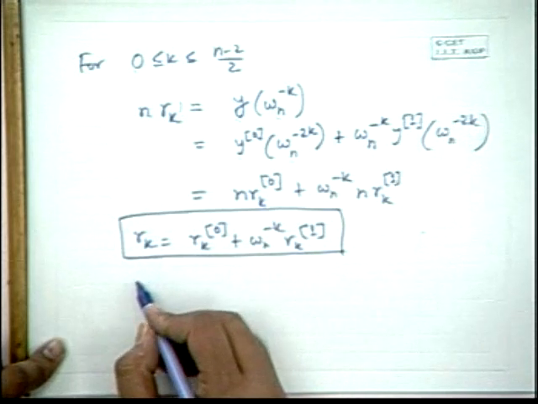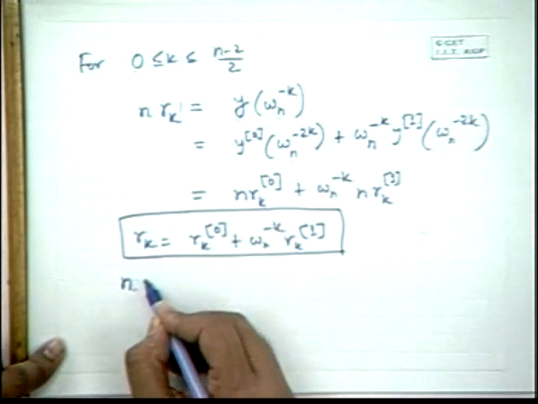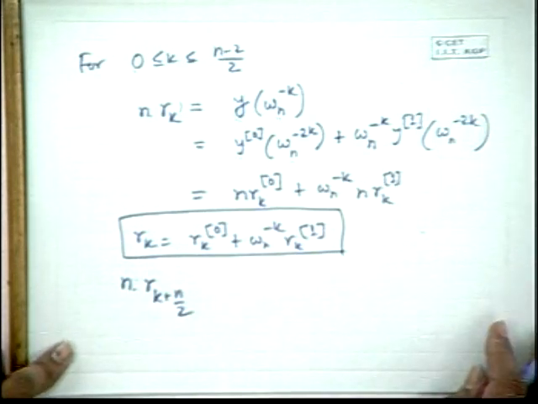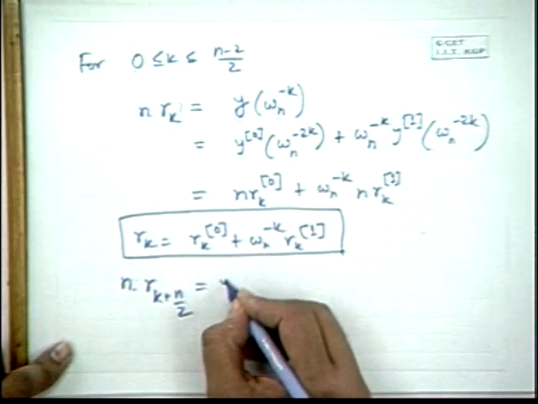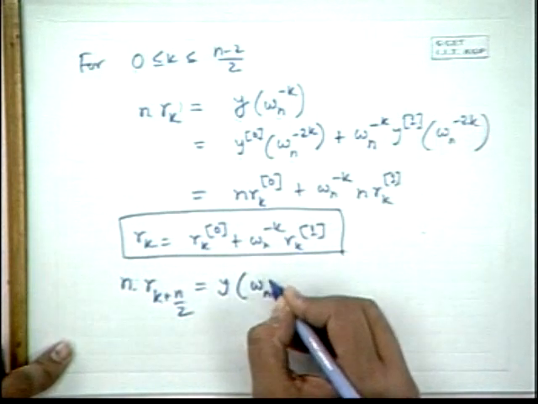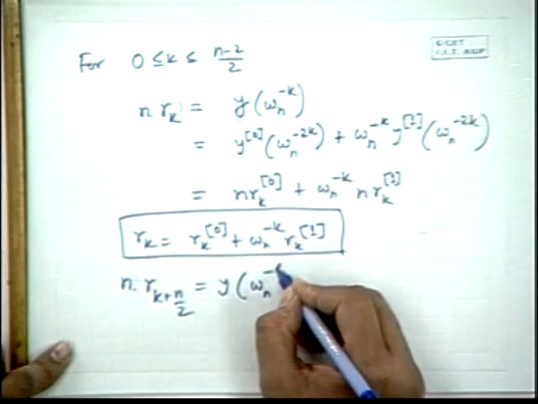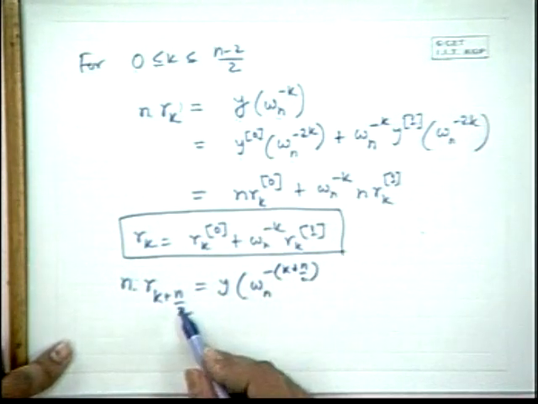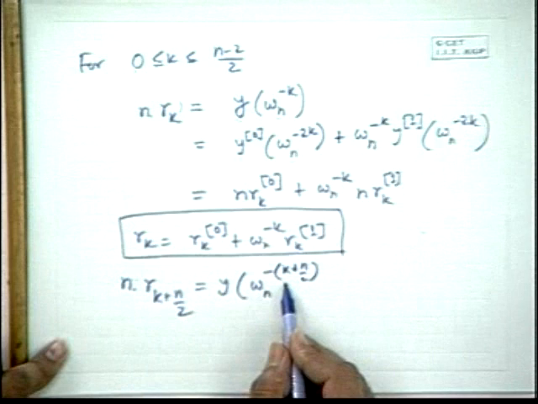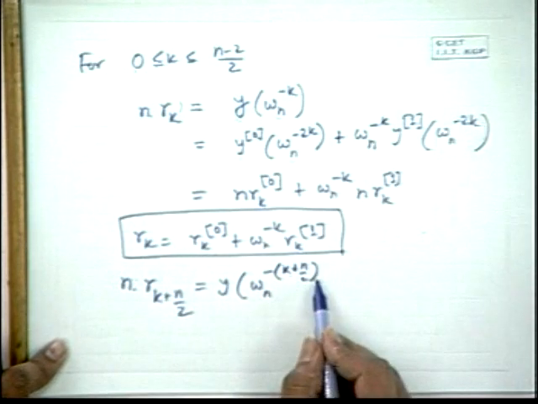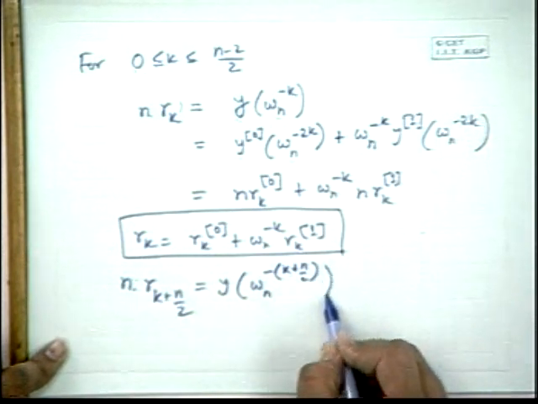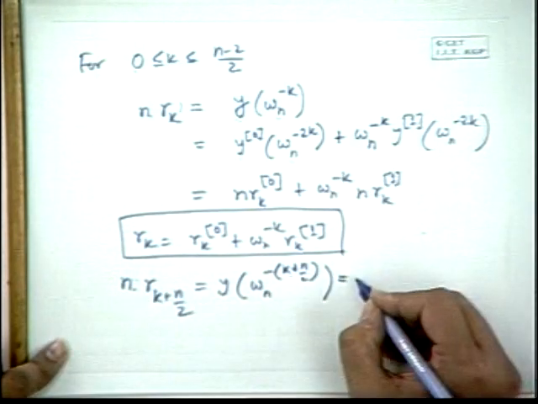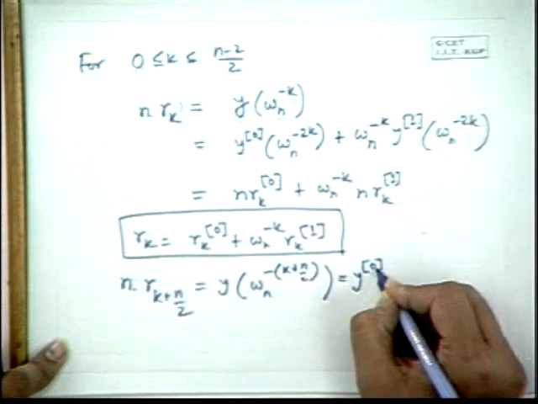Now definitely I have to do the next one. Next one is n times R K plus n over 2, the next half of R. This is again straightforward: if you put Wn minus K plus n over 2, I am just substituting this value. Instead of K, now it should be K plus n over 2, that is what I have done. So y of this is again using that formula of Yx, a straightforward substitution, y0